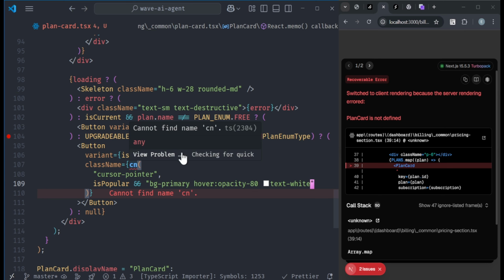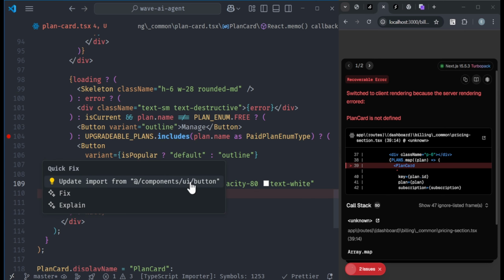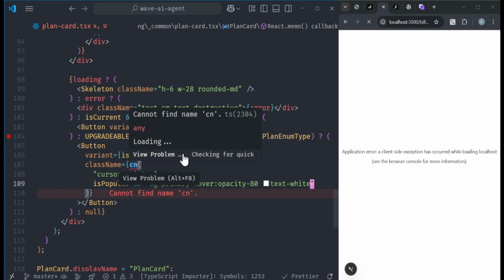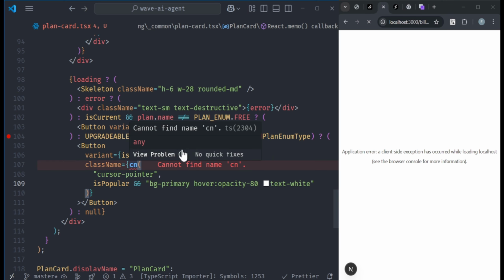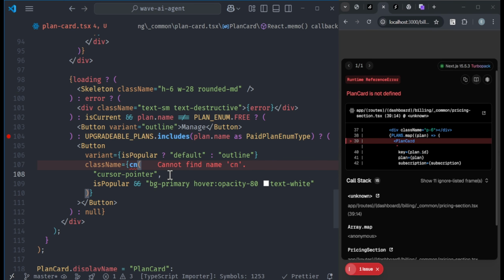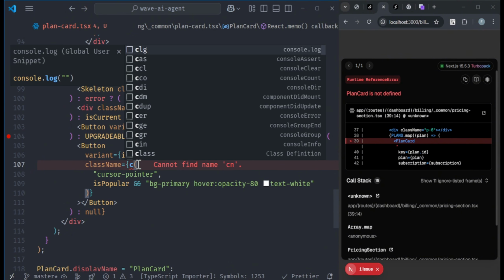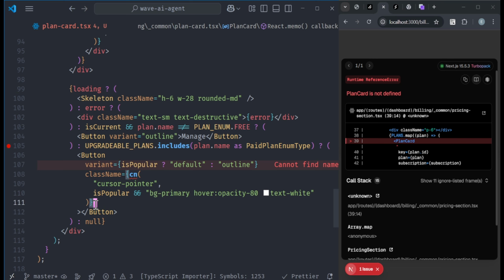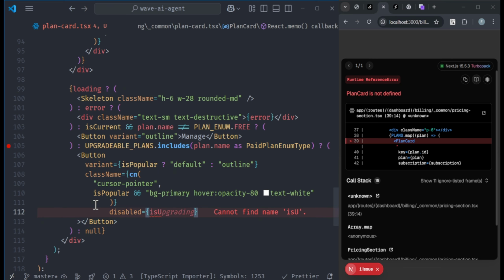So let me import cn from utils. And then we say disabled is upgrading,